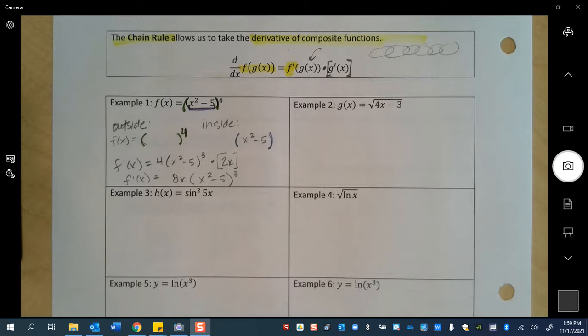This is just what's living inside, not a problem. But now I need to take the derivative of that inside piece. So here's my 2, and then x to 1 less power. Because this is all being multiplied, I'm not going to bother making you multiply that out. We got better things to do. So that can stay fine, but these are easy multiplication, 4 times 2 and x. Now,